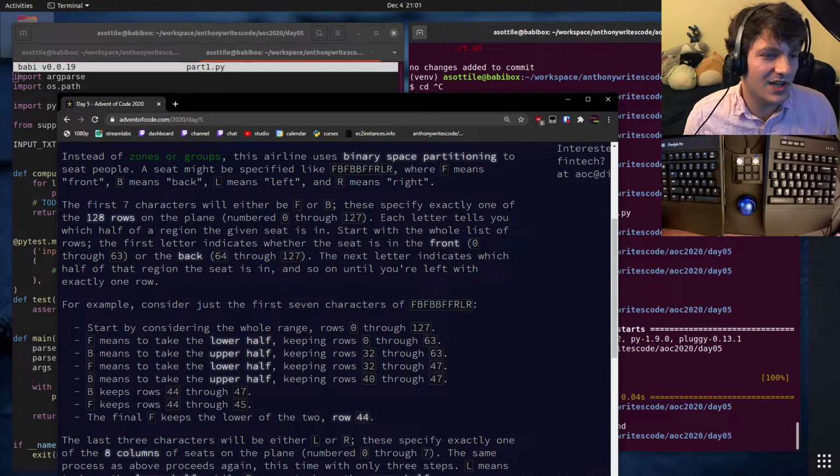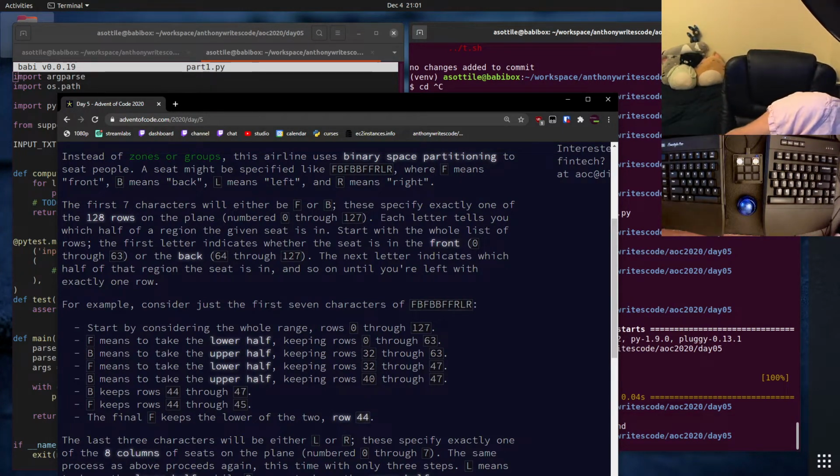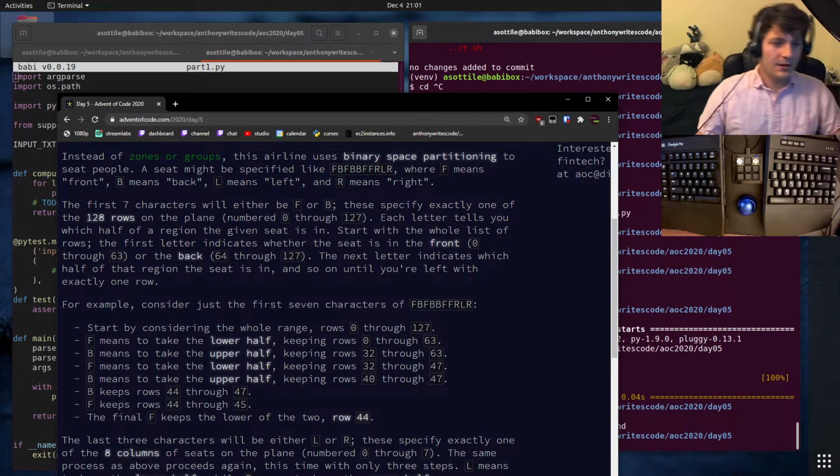Each letter tells you which half of the region. Start with the whole list of rows. The first letter indicates whether the seat is in the front or the back. Ah, so it's a bisection. Okay.